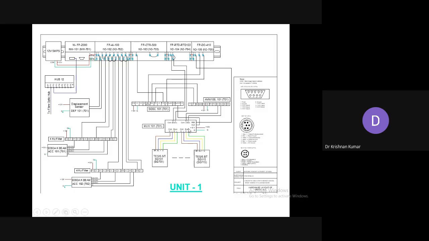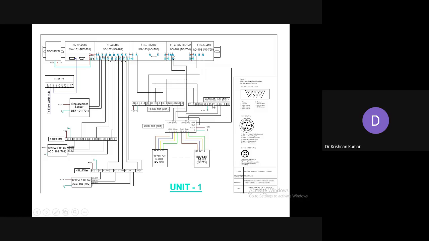But for that, we have made our own. Since we have 15 strain gauges, for all the 15 strain gauges we have made a mux operation, since we are going to use only one channel. The strain gauge senses the strain by way of pulses, and the same strain gauge has a temperature sensor also. So in the concrete, at different times, the temperature can also be measured. The temperature is measured directly in the RTD, and the strain gauge is measured in the CTR 500 with the help of